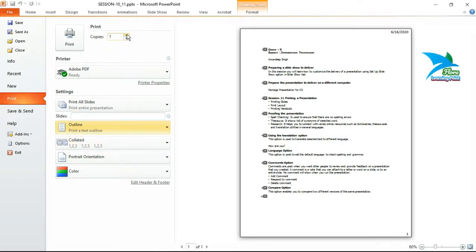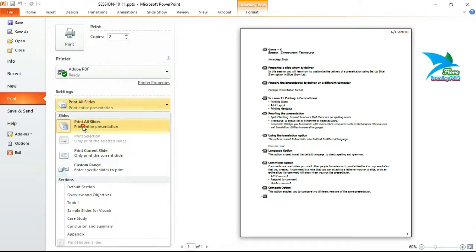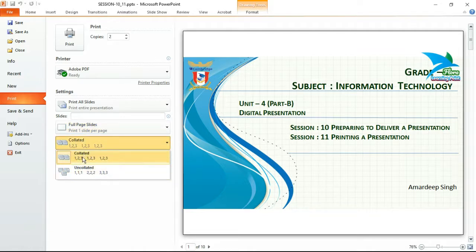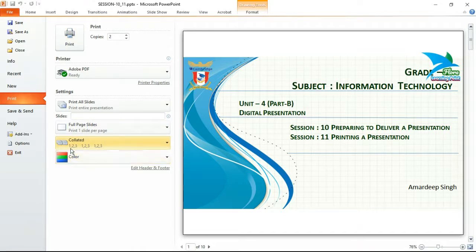Then next we have the option Collate. Here we have the option of Copies. Let's suppose I want to print two copies of the same presentation. I'll print all the slides full screen, two copies of each slide. Then here we have Collated and Uncollated. Collated means if you give the print command, it will print slide 1, 2, 3, 4 and the last slide, then the second copy again starts from 1, 2, 3, 4.